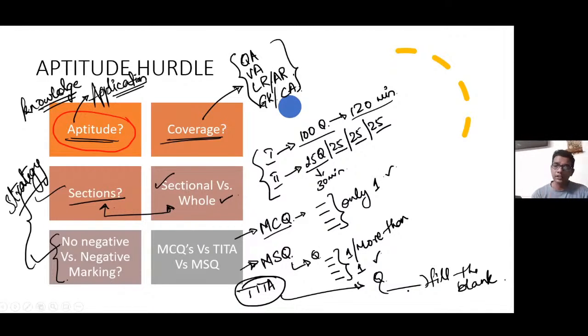It can be in maths where they ask you to enter the final answer. They do not ask you to enter the steps, but the final answer. So that's the beauty. That's why this is called an aptitude exam, where application is sorted out and not the knowledge, which means it doesn't matter how many steps you have used to find out a final answer. Okay. What matters is what is the final answer and how fast have you arrived at it. So this is an overall pattern of an aptitude exam.